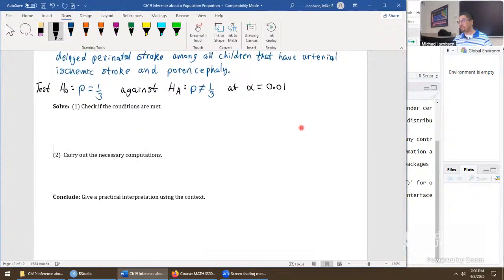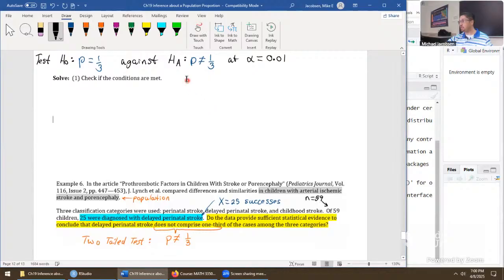Recall condition checking is actually quite a bit different from confidence intervals, so we need to be pretty mindful of how this goes. We don't care that there's 25 successes in the sample. It turns out to be irrelevant, and that's kind of weird about this problem. What we do care about is we pull a sample of size 59, and the null hypothesis is that p equals 1/3. How many successes would we get? Once we find that value, we'll know if we are going to meet the conditions or not. We want 10 expected successes and expected failures. This condition checking is so different.